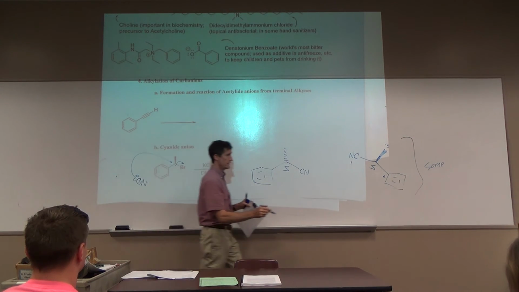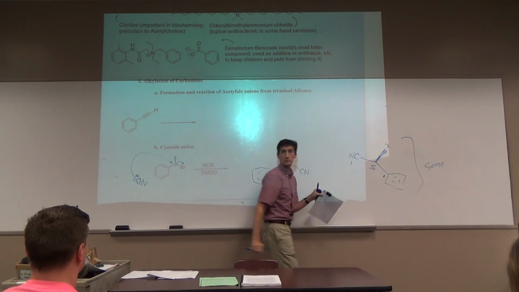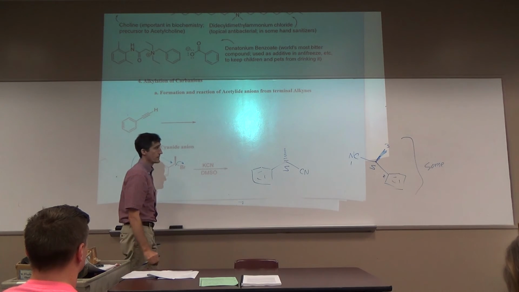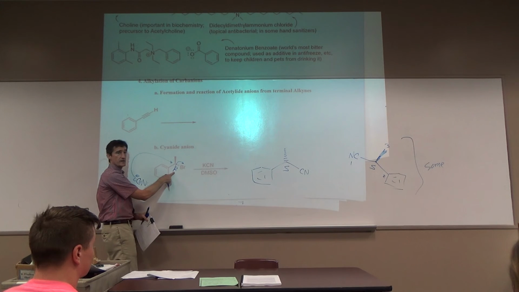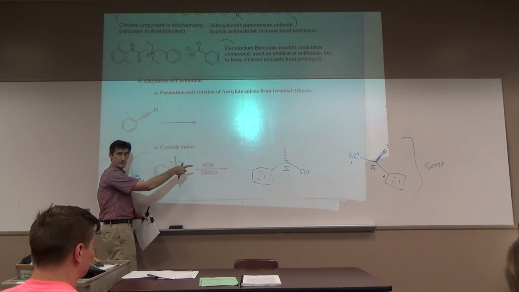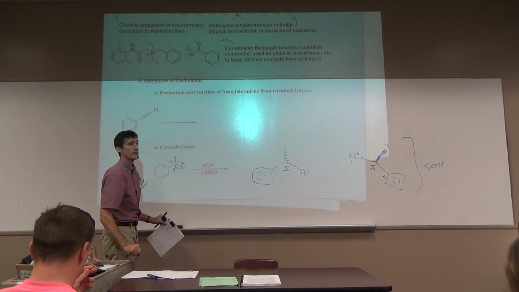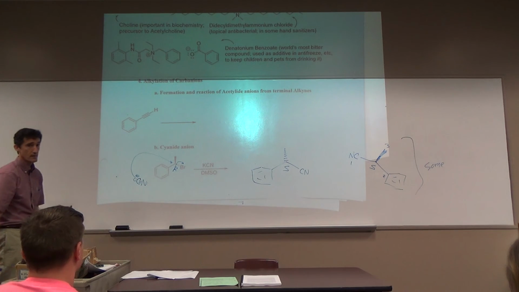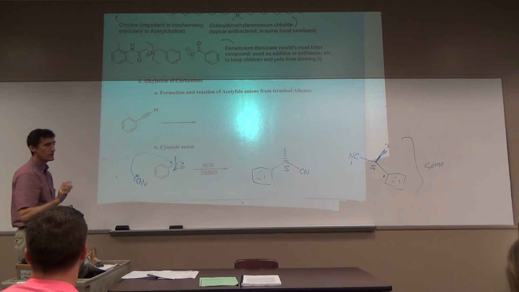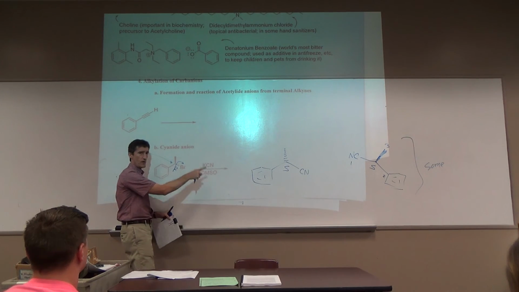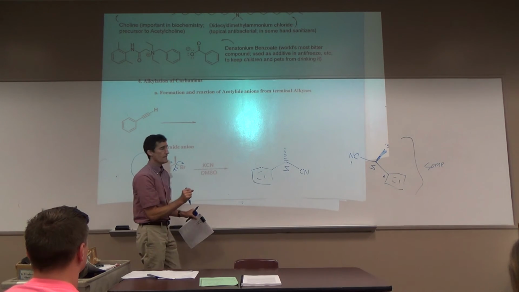And again, this is more like the inversion I showed you. This is R. Inversion is going to go from R to S. Just make sure you draw your product S. Now, 99% of the time it will go R to S. I can show you a wicked example where R went to R even though it inverted. That's because